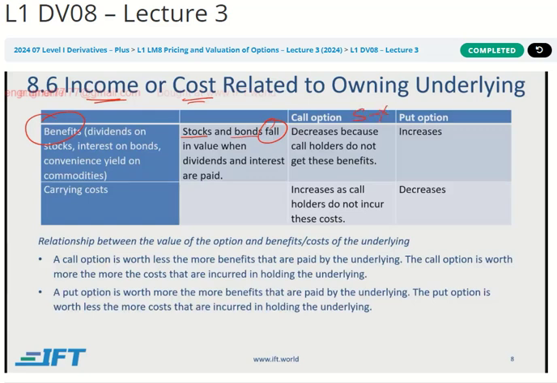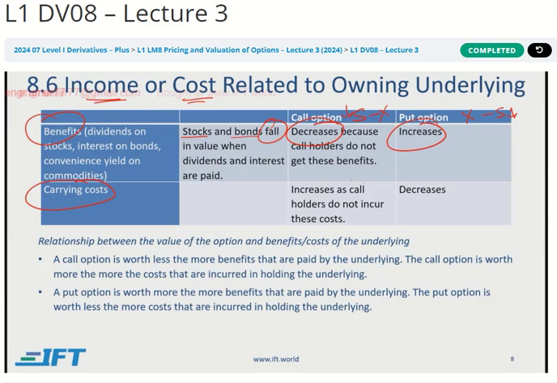And since the value of a call option is S minus X, because of the exercise value, this S will go down, and therefore the value of the call option will decrease. And because a put option is X minus S, when S goes down, the value of the put option will increase. In terms of carrying costs, naturally, if there is a cost for carrying the asset, this will